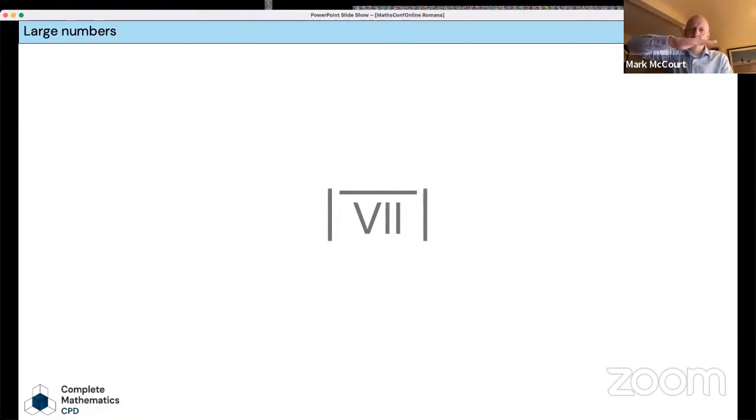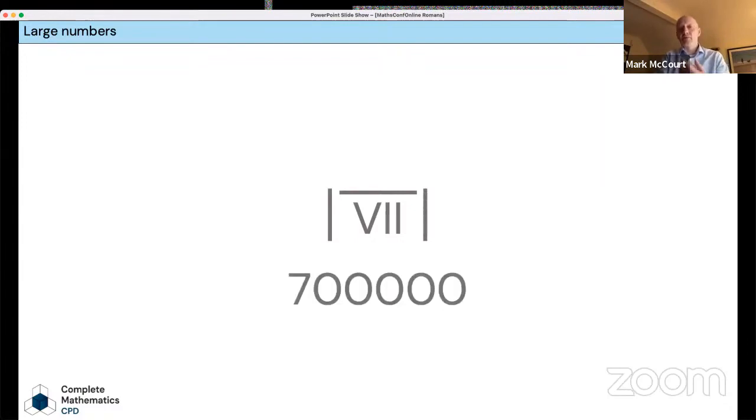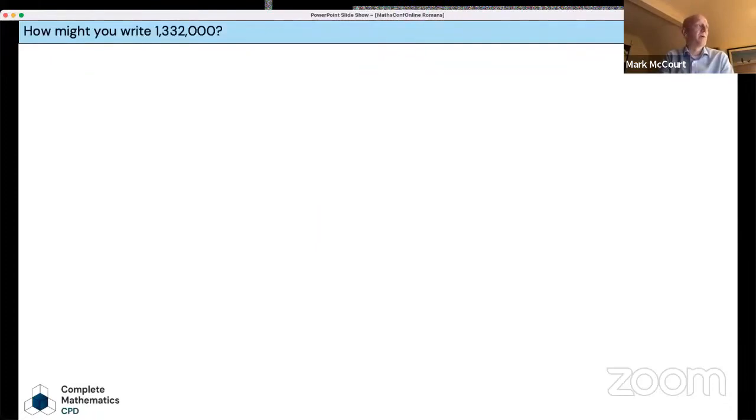We can use a vinculum, a horizontal vinculum, and then we can use vincula at the side as well, vertical lines. And what this does is multiply by 100,000. So this number here that we're looking at is 700,000. This allows us to write really big numbers. And if you are sending a legion of troops from Rome to some far distant land and you need to know the number of miles or 1,000 Roman steps, then these numbers do start to become important.